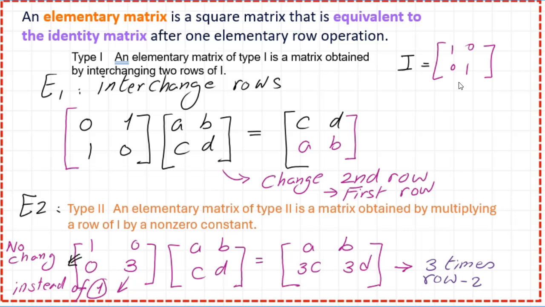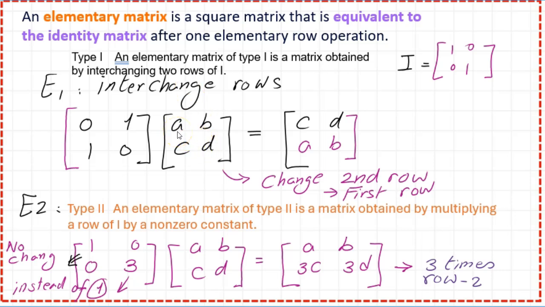As we have done operations, the idea of the elementary matrix is that we are going to do the same operations, but by multiplying the original matrix A by a matrix from the left side, and the result of multiplication will give us the matrix after the changes we have done. The first element is type 1, which is an elementary matrix obtained by interchanging two rows of I, because we are using 2 by 2.